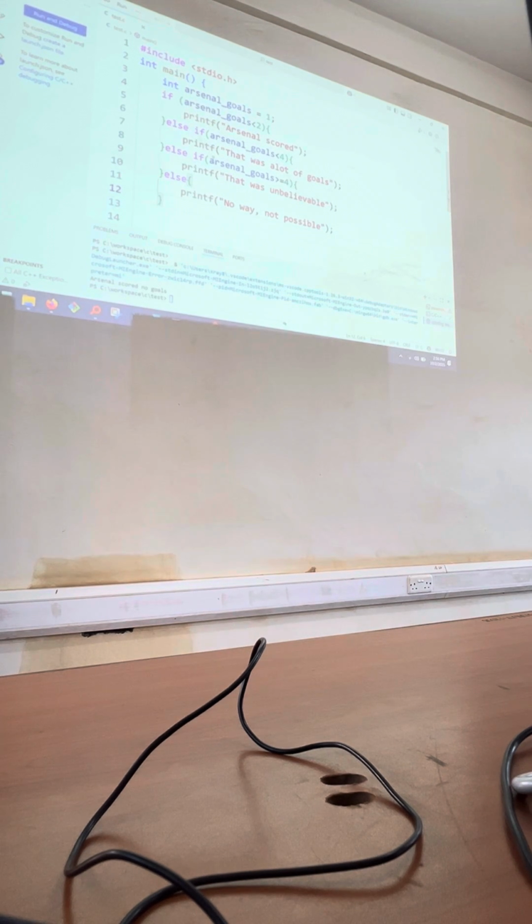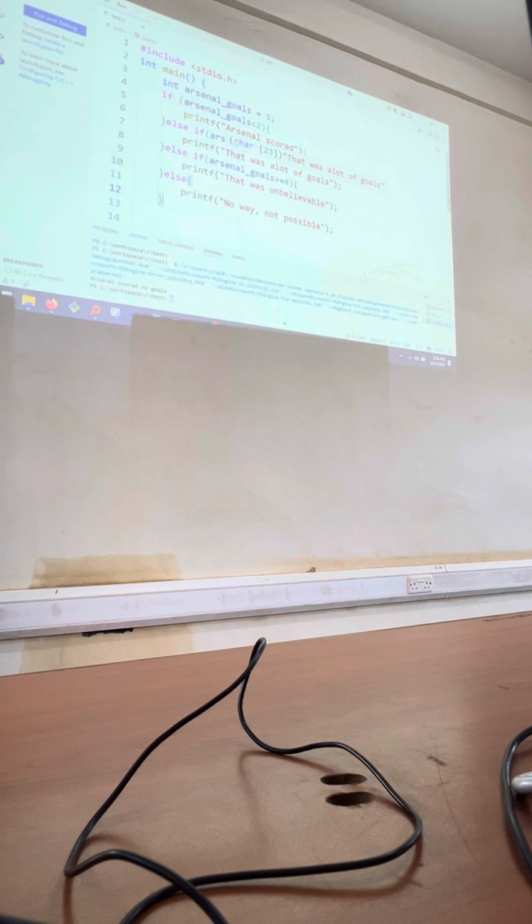In this case, we have an if, a bunch of else ifs. We can have as many of them as possible, and it checks them until it finds one that is true.